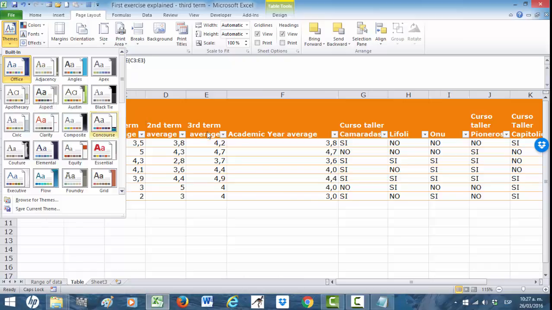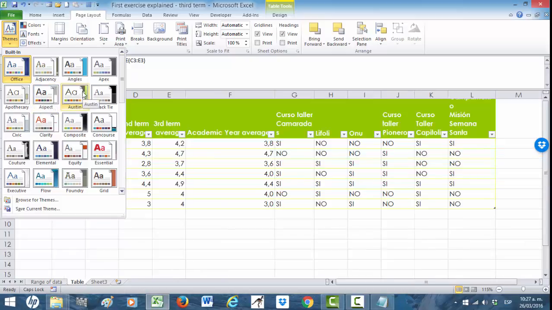If you see here, the size of the letter is bigger. So we are going to apply, for example, the theme Austin